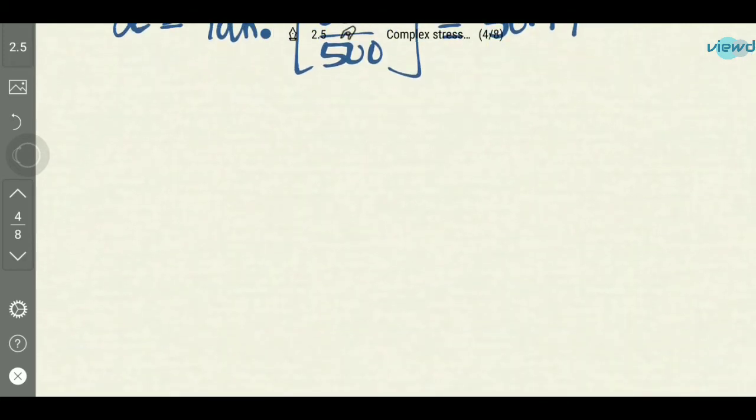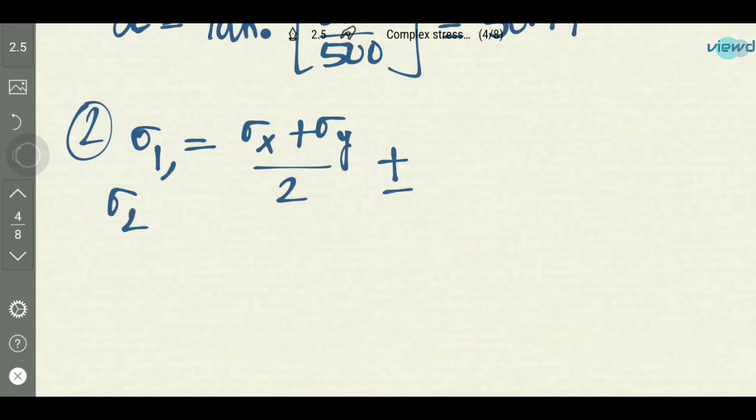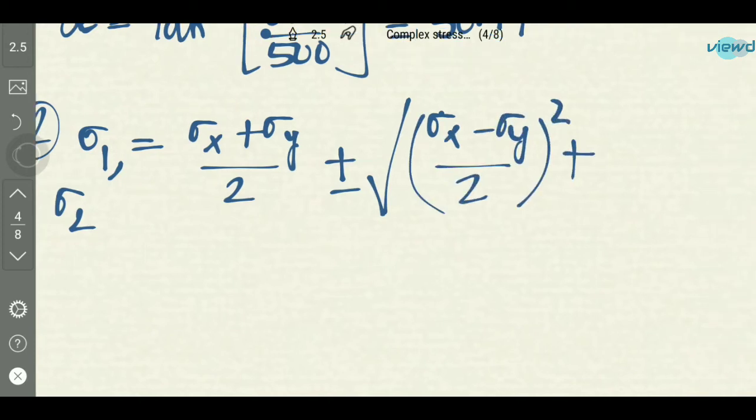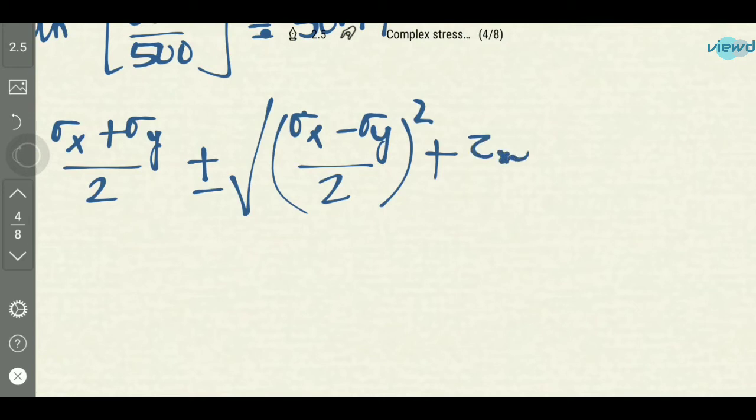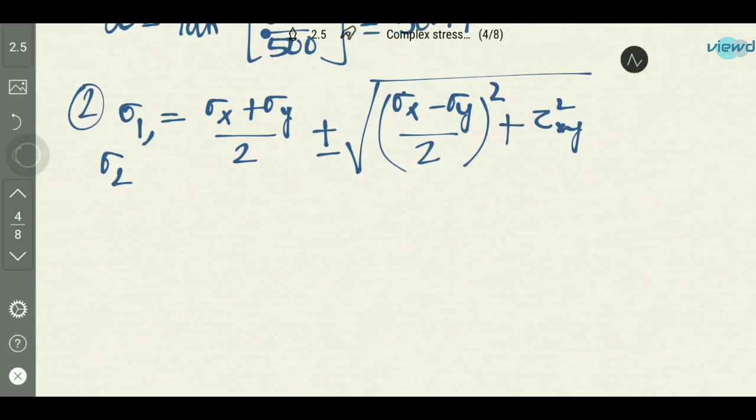And the second problem is we need to find the principal stresses. One is sigma 1. Sigma 1 will be sigma x plus sigma y by 2. If you put plus, it is sigma 1. If you put minus, it will be sigma 2. So plus or minus under root of sigma x minus sigma y by 2 whole square plus tau xy square. So if we substitute the values for sigma 1, sigma 2,